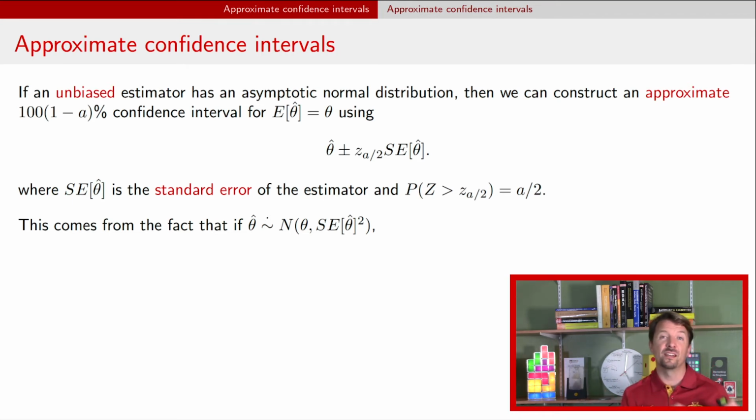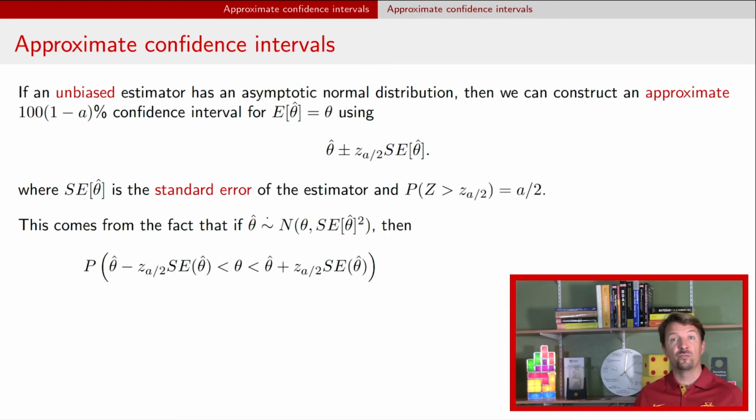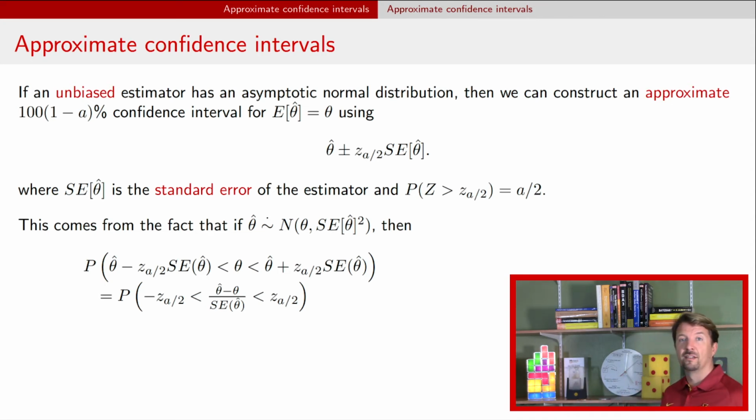And now we'll do the same kind of calculation we did with the normal model with the credible interval, but instead of using a t-distribution, we'll be using normals. And so we start with the formula of the probability for our left endpoint being less than the parameter of interest, which is less than the right endpoint of our interval, and ask, what's that probability when the data or these endpoints are considered random? We're now going to rearrange by subtracting off the estimator and dividing by the standard error. And so we get a formula that looks like this. By symmetry in the normal distribution, right, the negative of z,